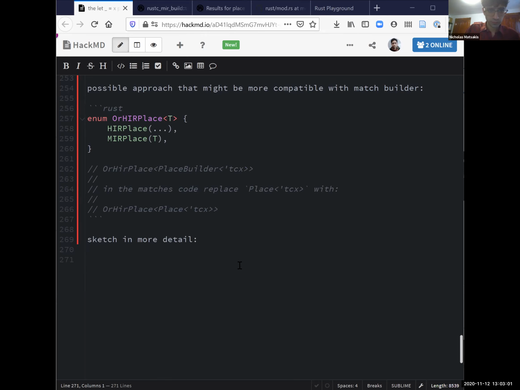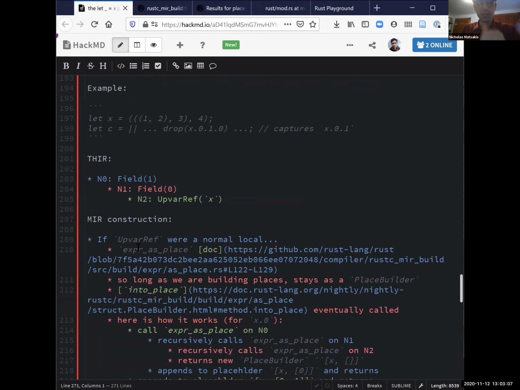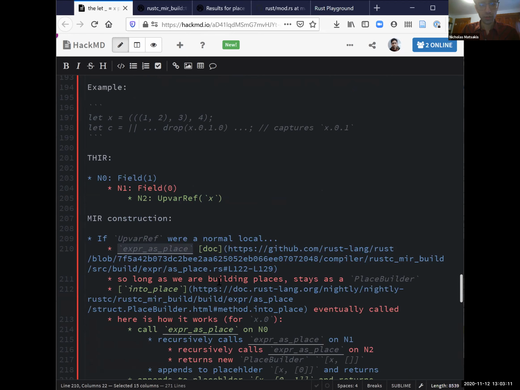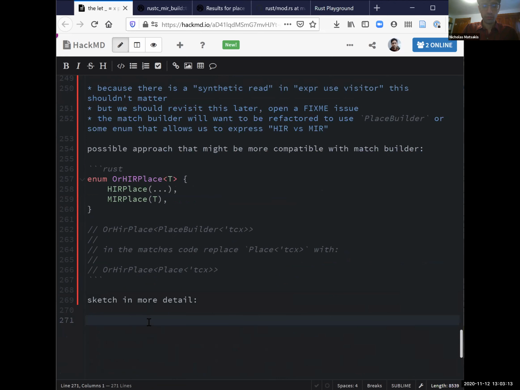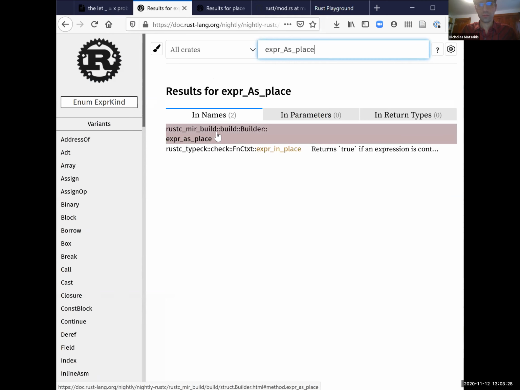So here's what I was suggesting. Above, we have the expression as place function, which is going to change so that its return value is, currently its return value is